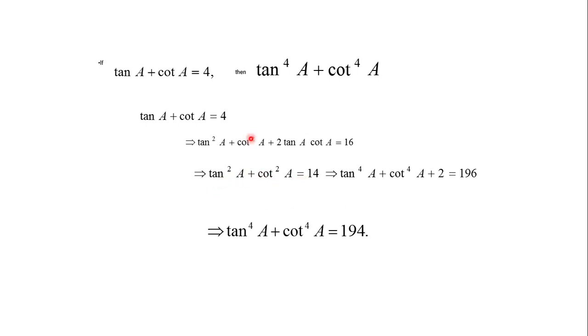In the similar manner, we require fourth order. So both the sides again we will take square. We'll treat this as A, this is B. A plus B whole square, and this is 14 square. So in a similar way, we take the square of tan square A, so that will be tan raised to 4, and here B square means cot square squared, that is cot raised to 4. 2 times tan square into cot square will get cancelled, 2 remains. Just like here a 2 was left, here also 2. So we take this 2 to the right hand side. So 196 minus 2, that will be 194. So the value of tan raised to 4A plus cot raised to 4A will be 194. So this is the answer of this question.